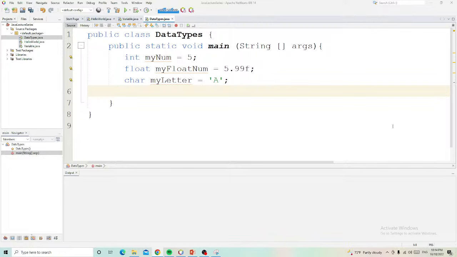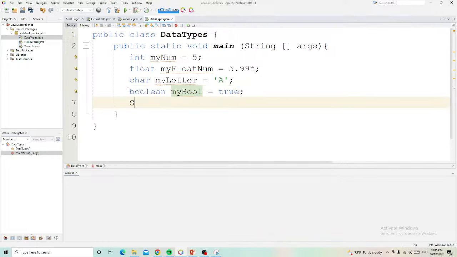Next is the Boolean. Like Boolean, my Boolean equals example true. So yeah. Next is string. String is not part of the eight primitive data types. I will just show you that when you combine characters, you will use string.